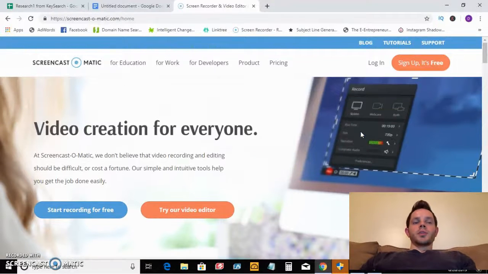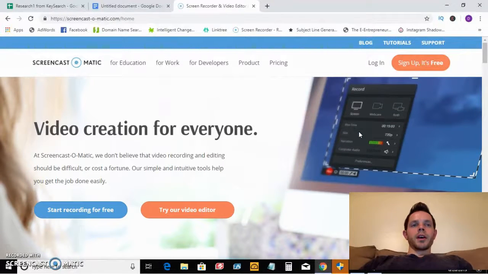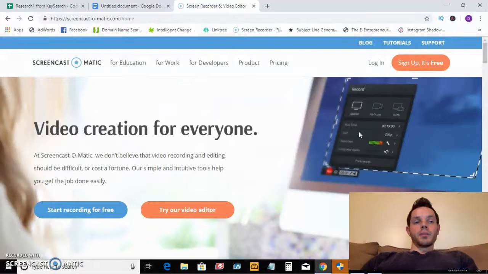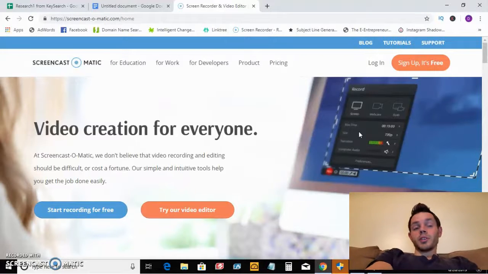So that's it, guys. If you want to record your screen and also your webcam at the same time, this is a great way to get started for free, because there are other options. People are recommending Camtasia. There's another one as well, I think it's called OBS, or OBS Studio has one. But some of this can get pricey, guys. I know Camtasia is not cheap, and you're not really going to do much more than you can do on this for free. I mean, it's recording your screen, so